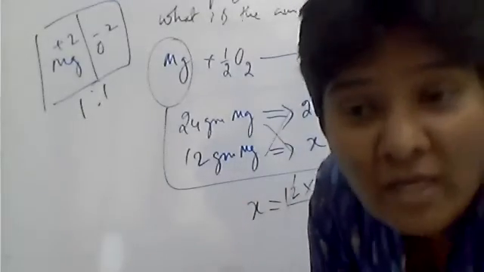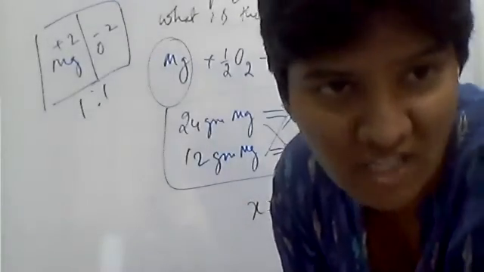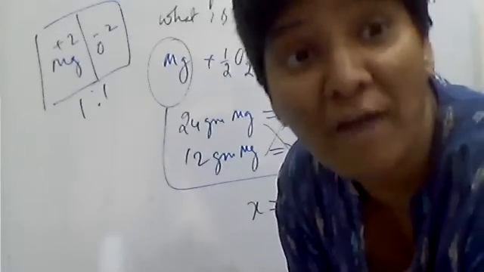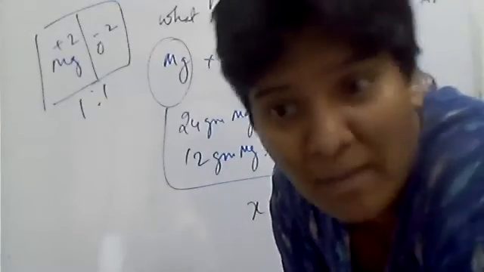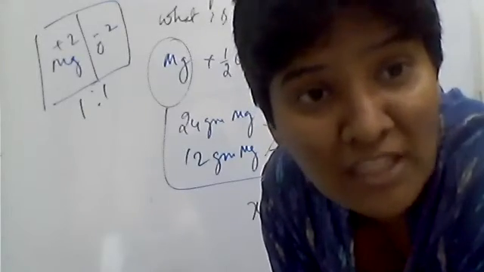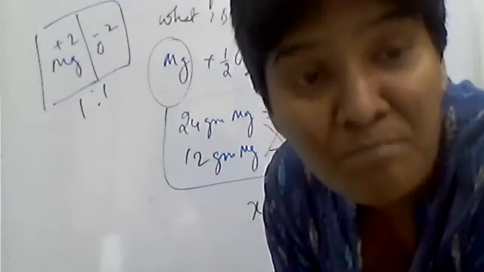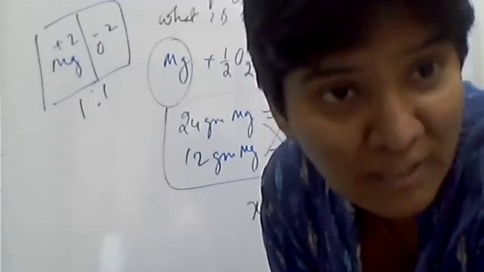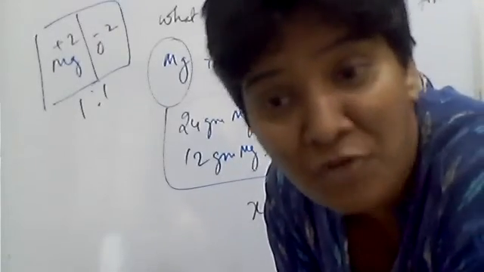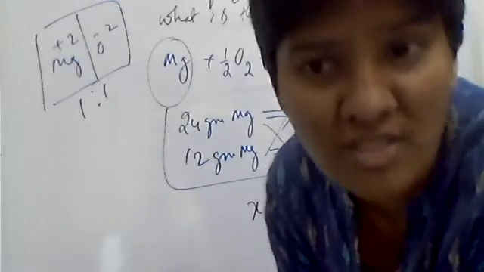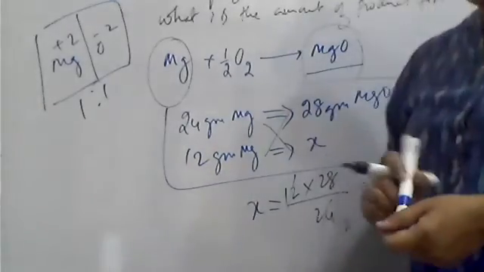So understood? In a question, a reaction is given with one number, one value, and you have to write the balanced equation. The balanced equation is called a stoichiometric equation. When you balance for 1 mole of the reactant mentioned in the question, you get two values at STP. According to the mole concept, the fourth one you have to calculate by the crisscross method. Simple mole concept only it is. Okay, and next.